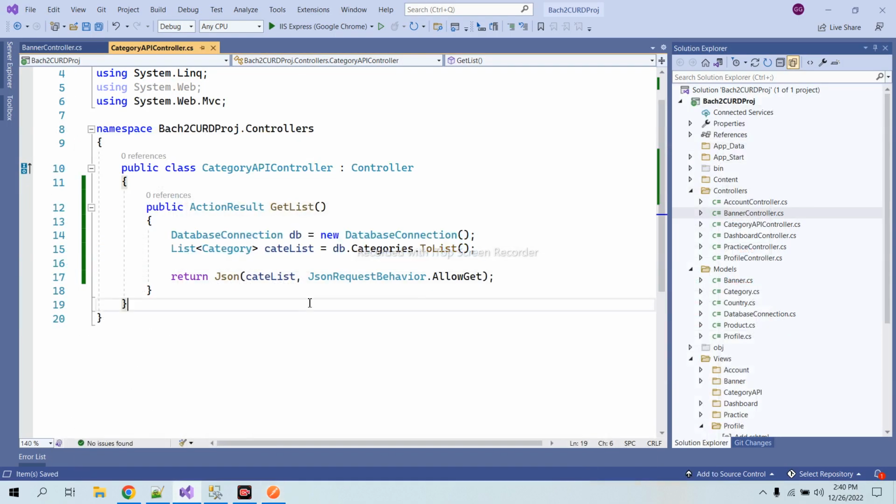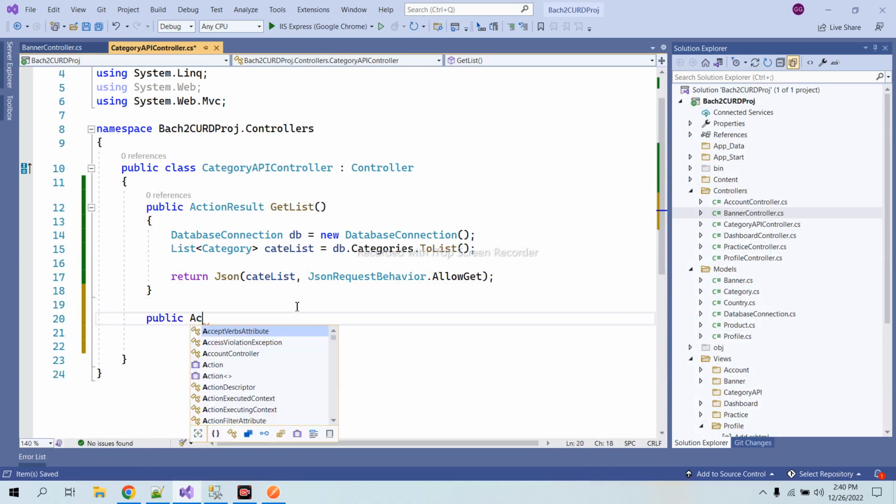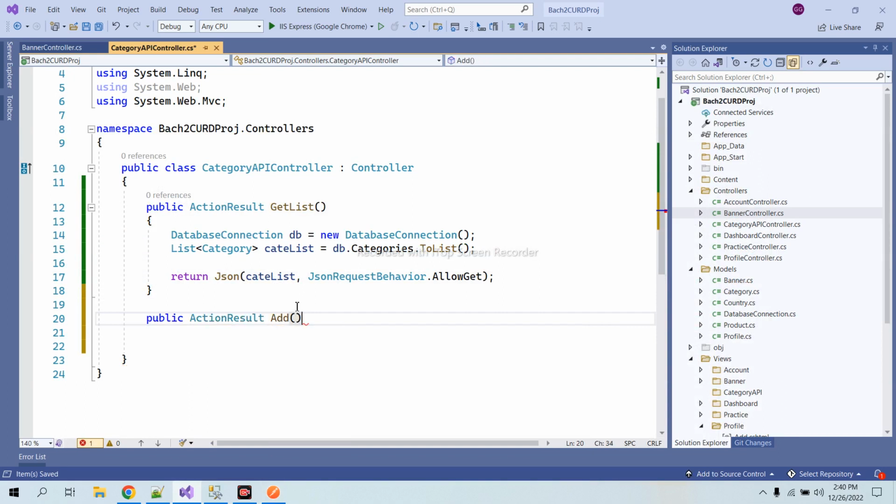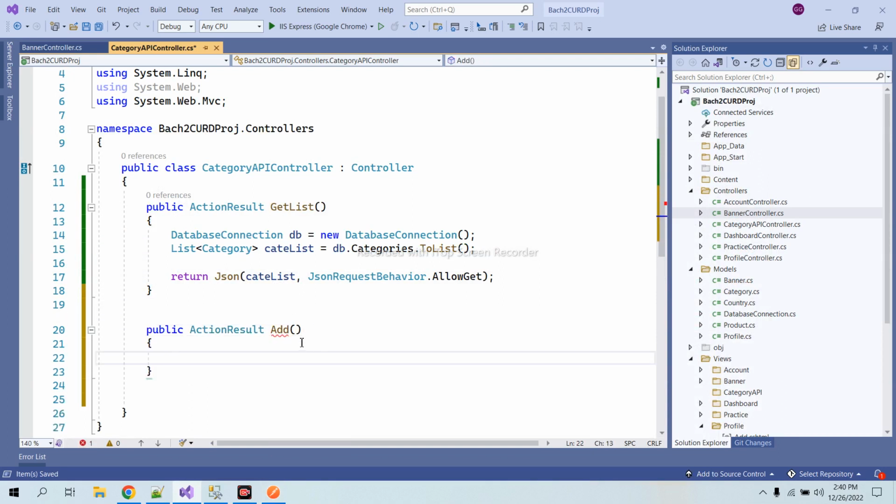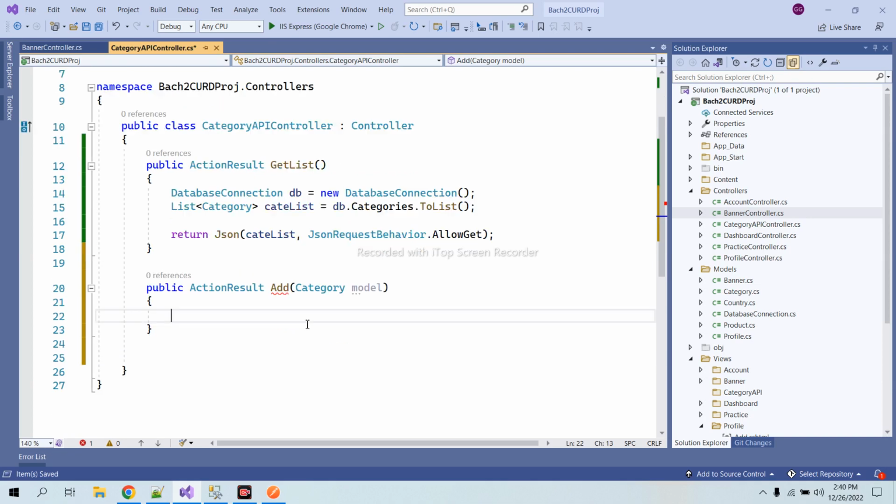Now let's create an API which is going to save our data into the DB. For that let's create an action result Add. I have created one Add method. Inside the Add method I'm going to use the category model, and let's create the connection. Okay, before that,